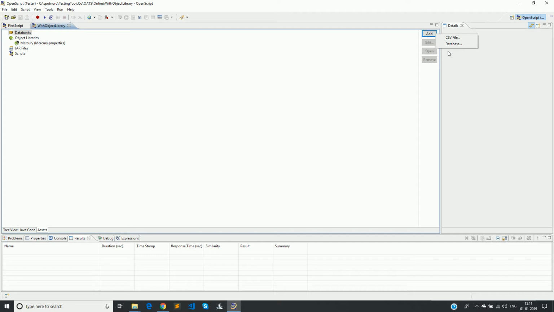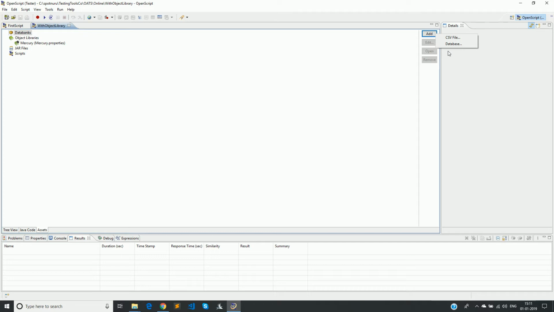I'll first create a simple script which is creating a single account, and then I'll parameterize it with a data bank. A data bank can be a CSV file or many other files, but OATS has given an out of the box solution for CSV and database. Otherwise, if you want to go for Excel you may have to write your own libraries and then use them. So for the scope of this video course, we will be talking about data banks with respect to CSV file.